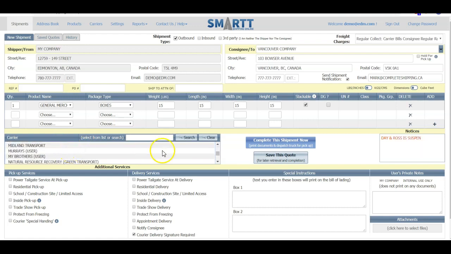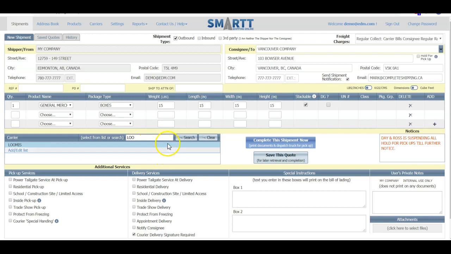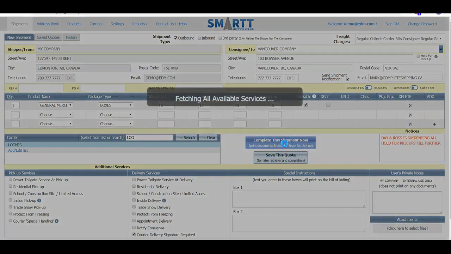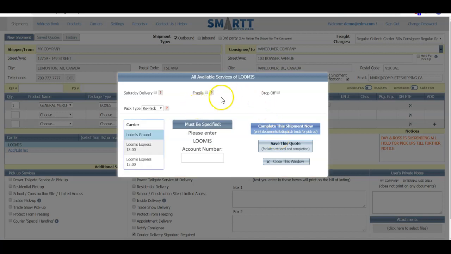And we get a whole list of carriers here. And so you can scroll up and down, or you can use the search. And if I just type in Loomis, or part of Loomis, and click search, hey, there's Loomis right there. It would have also been in that whole list that I could have scrolled through, but this was just faster. So Loomis is selected. I'm going to click the Complete the Shipment Now button,